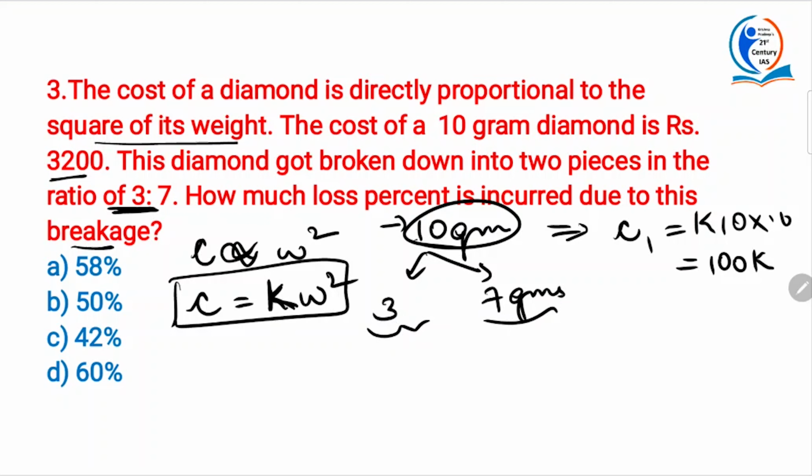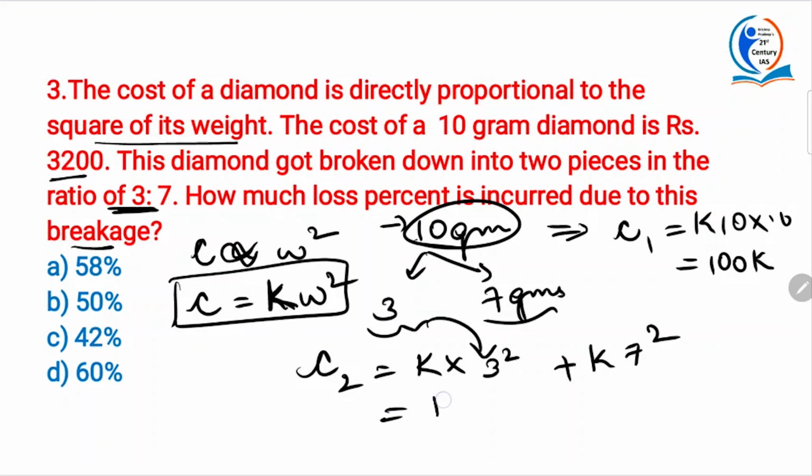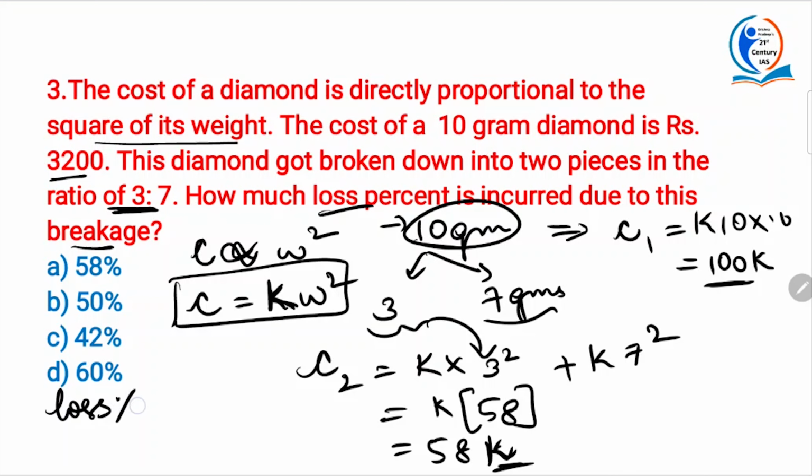Now, when the diamond is broken, alright, then what is cost 2 here? It is K into 3 square plus K into 7 square. Alright, so it is K into 9 plus 49, it is 58. So 58K is the new cost. Now what is he asking? The loss percentage. Okay, here we can clearly see that 100K is greater than 58K for a constant K greater than 1. Alright, so loss percentage is equal to 100K minus 58K